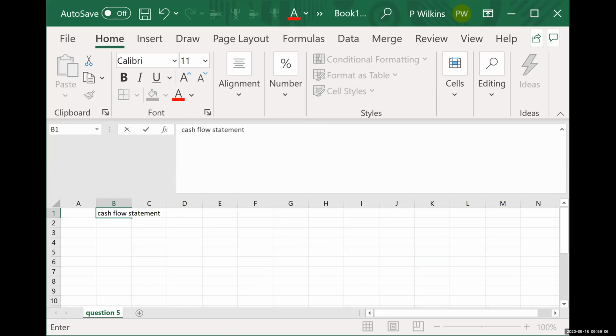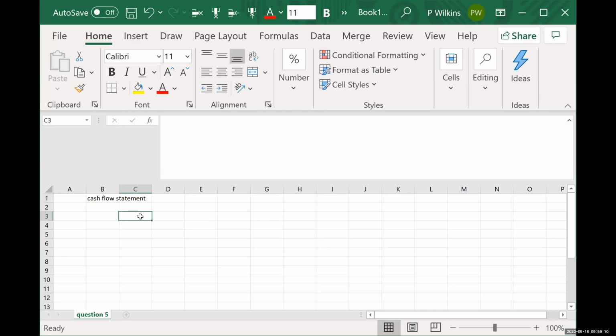Okay, so this is question number 5, cash flow statements. And the problem says, Carl Company reported net income of $320,000 for the current year. Depreciation recorded on buildings and equipment amounted to $65,000 for the year. Balances of the current assets and current liability accounts at the beginning and end of the year are as follows. So it has a whole list of accounts there and it says end of year and